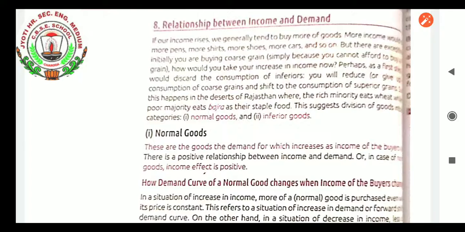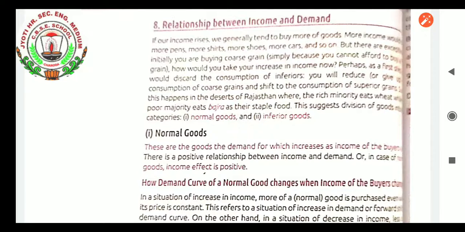Why inferior? Don't think its quality is not good, but it is preferred less. Now in our area, we are able to purchase bajra also, but it will not be consumed daily. It may be once or twice, because it is difficult to have that, and for many other reasons. But wheat is very easy, chapatis and rotis are prepared very nicely and it can be consumed. Still in that area, they prepare bajra only for daily consumption. Why? Because it is available at a less cost and is easy for their living.